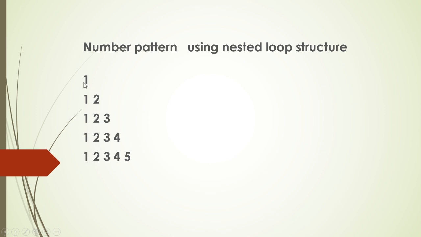So we have to make use of 2 loops. One loop is used for controlling the number of lines. The outer loop will control the number of lines to be displayed. Next, we should have one more loop inside that loop, which will control the numbers to be displayed. In the first line, number 1 alone should be displayed. In the next line 1 and 2, in the third line 1, 2, 3. So we should use 2 loops: the outer loop controls the number of lines, and the inner loop controls the numbers to be displayed.